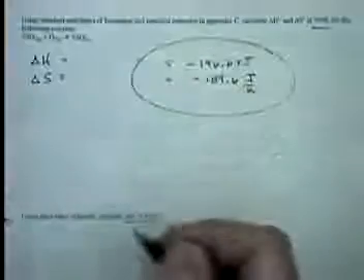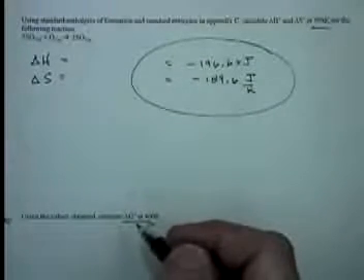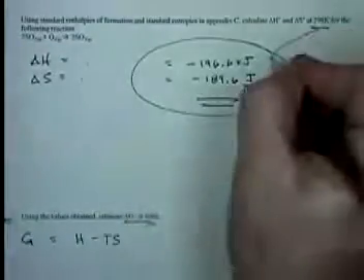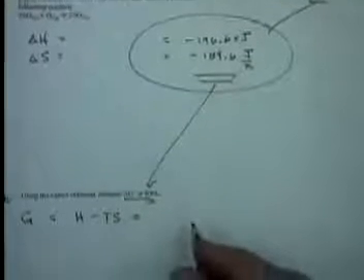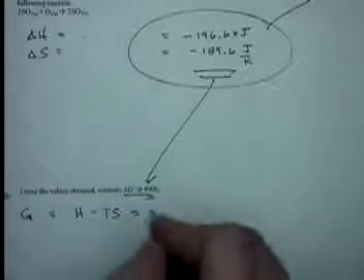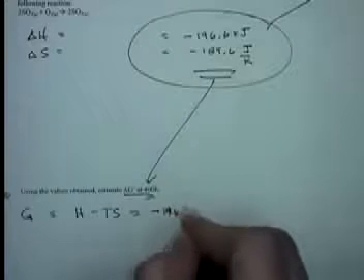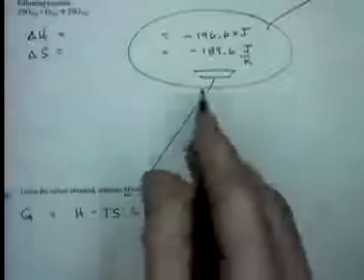If we take these two values and put them into the G equals H minus TS equation, and we're assuming that these values stay the same, even though we were at 298 K and we're at 400 K here, we can say that H is negative 196.6 kilojoules minus T, which is 400 Kelvin now,